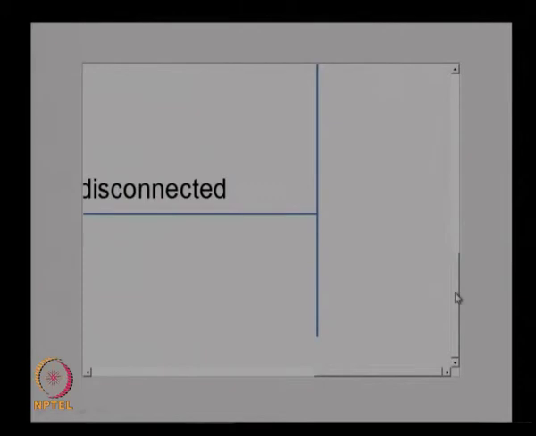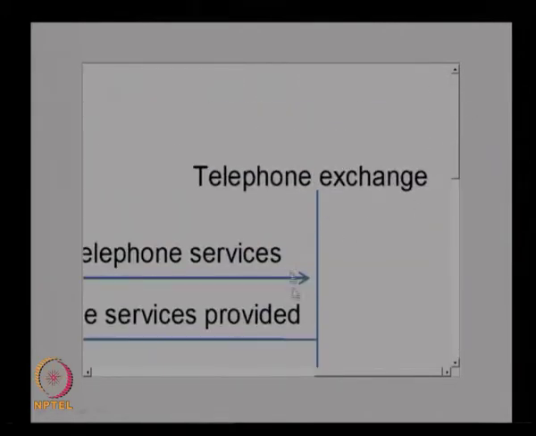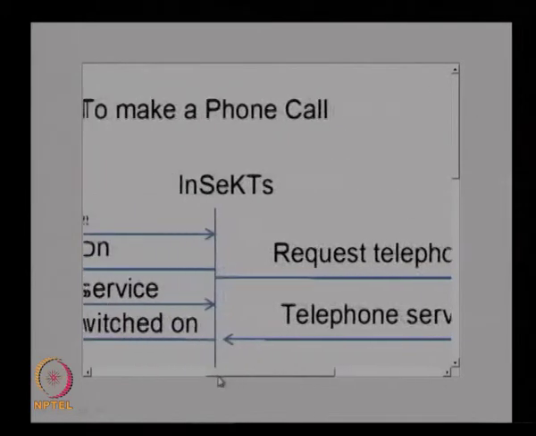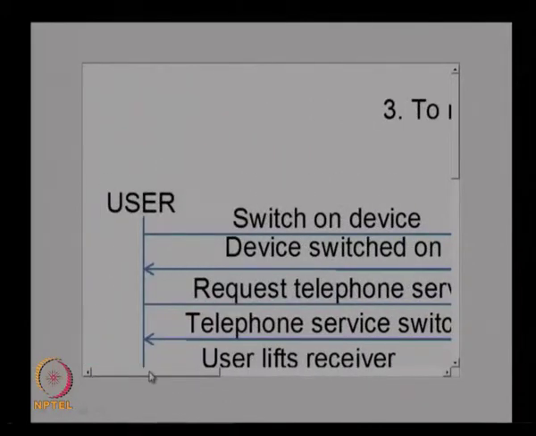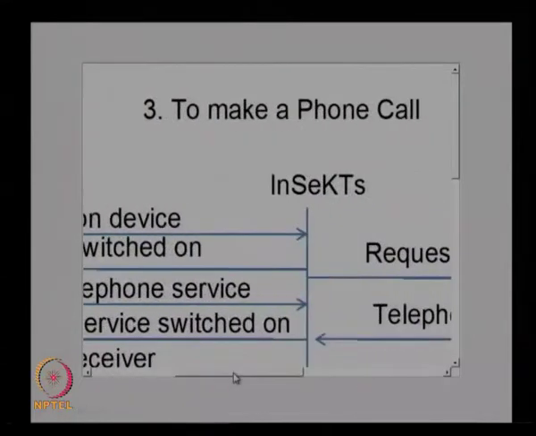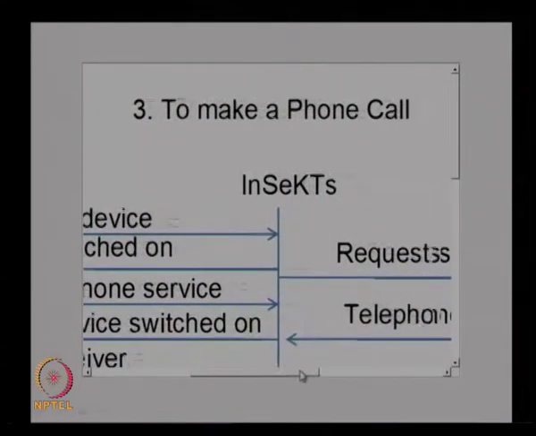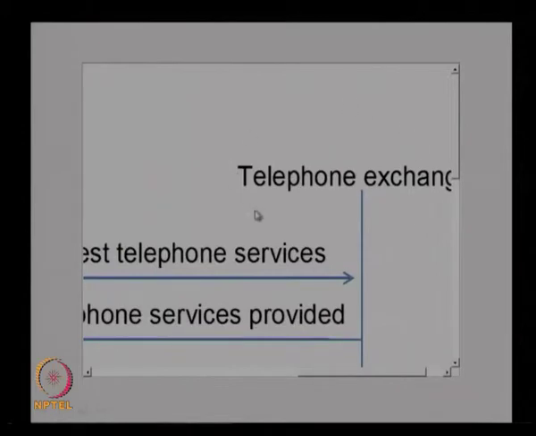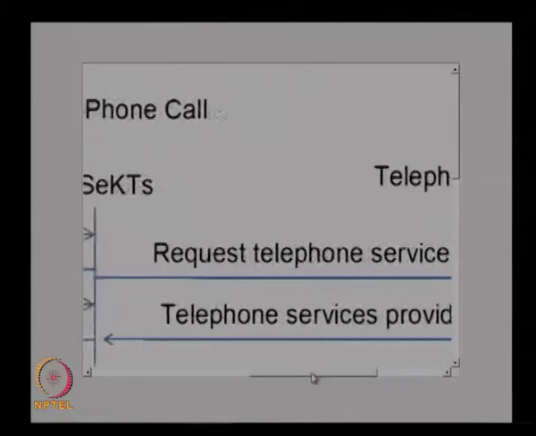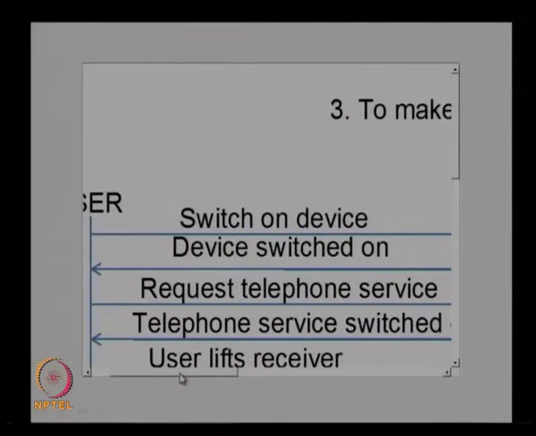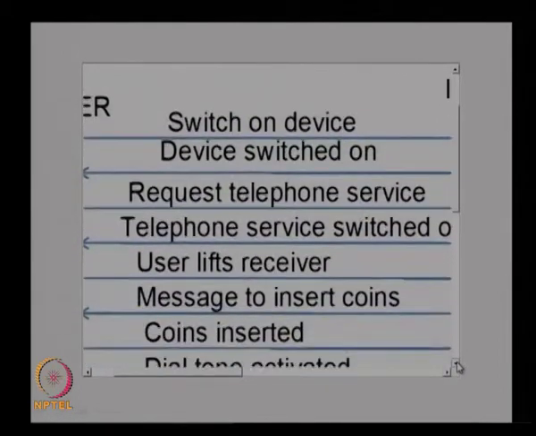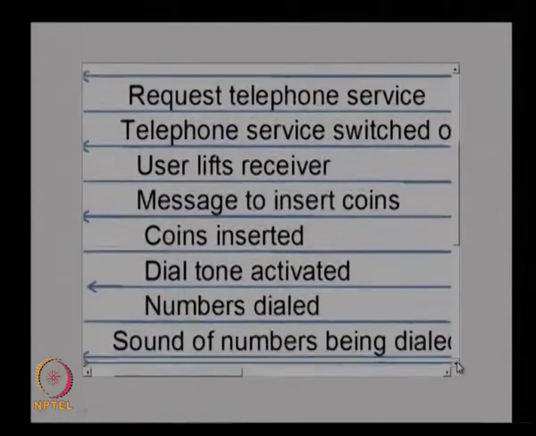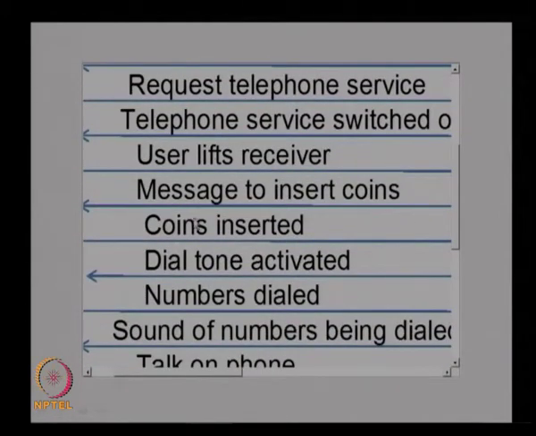In the same way we can develop many scenarios, like for a telephone service. In making a phone call, the user is one system, an external system with the insect, and then you have the insect as the main system, and the telephone exchange as the external system. When the user gives the option and gets the connection, it will be connected through the exchange to the system, depending on the payment options, so these activities will be there.